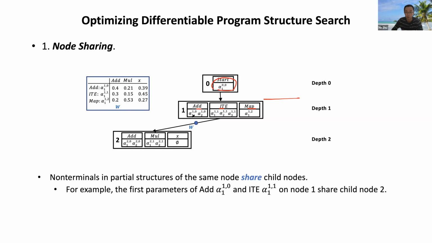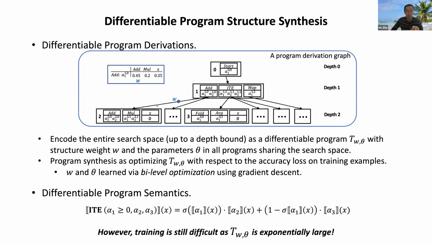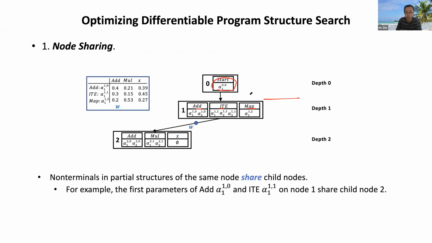And of course, if we do not allow node sharing, we'll have to expand the first parameter of the add, also expand the second parameter of the add, and we also need to expand all the 3 parameters for the ITE and the parameter for the map. So this will give us a very wide tree. So in order to overcome the scalability issue, for all the first parameters of these partial architectures, we want them to share nodes. Okay, so we will not expand the first parameter of add, the first parameter of ITE, and the first parameter